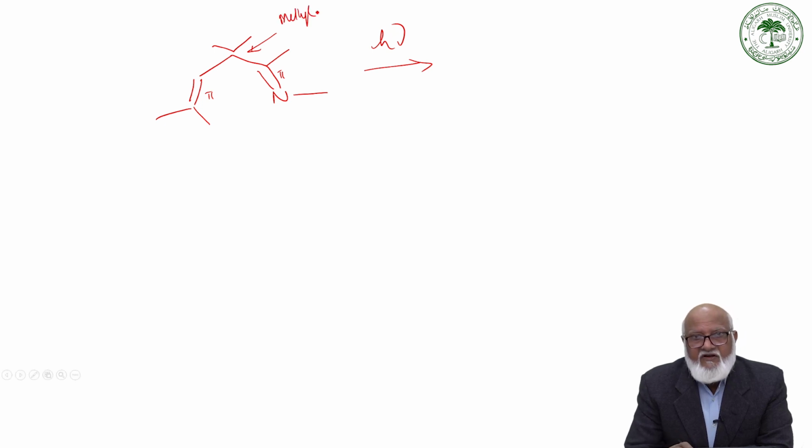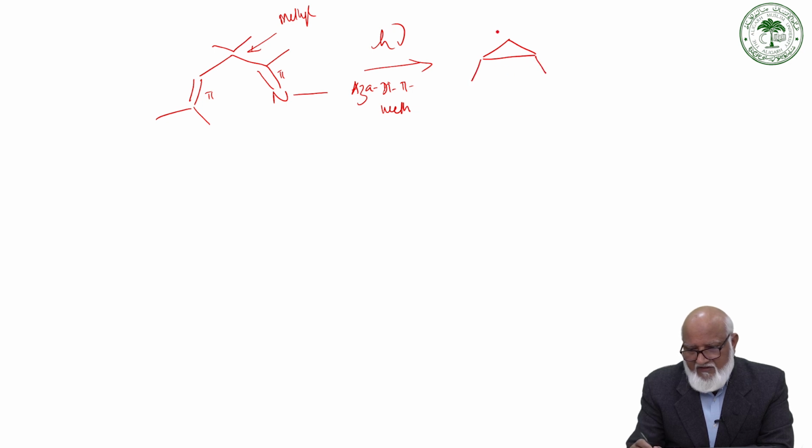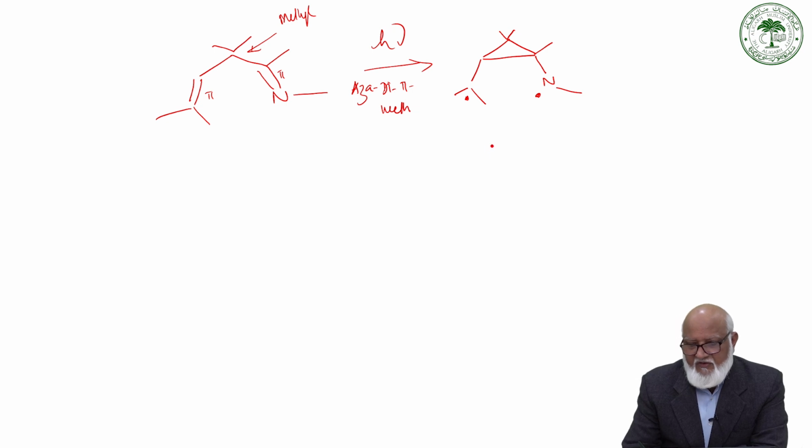Is nicely set for di-pi-methane rearrangement. Aza-di-pi-methane rearrangement: first, of course, excitation of one of the double bonds, and then the formation of the 1,4 diradical, this one, and this is more feasible. And then the conversion of the 1,4 diradical,